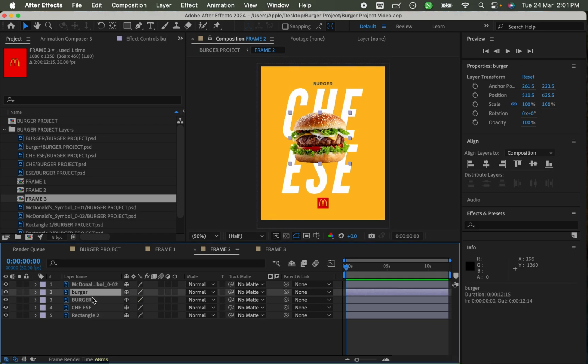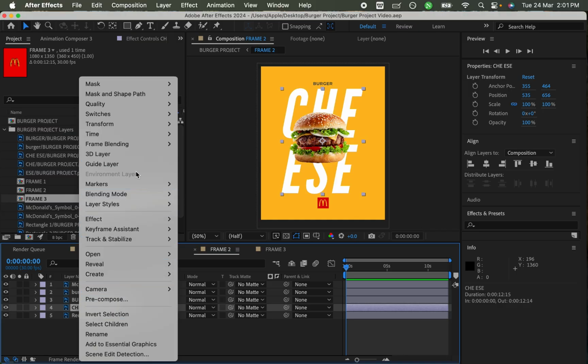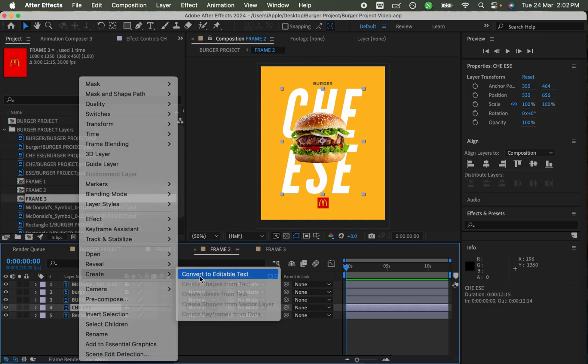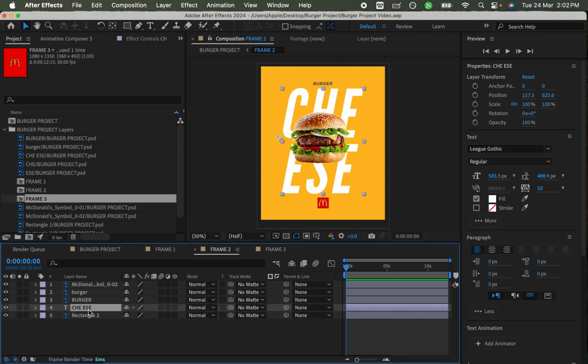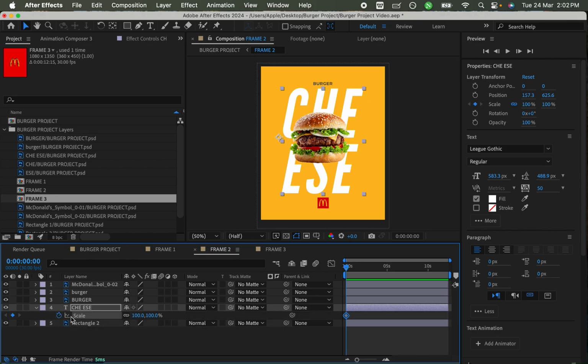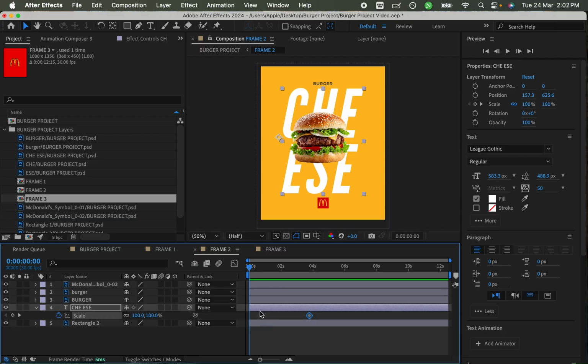We have our logo, our burger, text. We can right click this cheese text, create editable text, and then we can select the cheese text, hit S for scale, and we keyframe it. Maybe we move it to 3 seconds. I'm going to give a small space here, and then